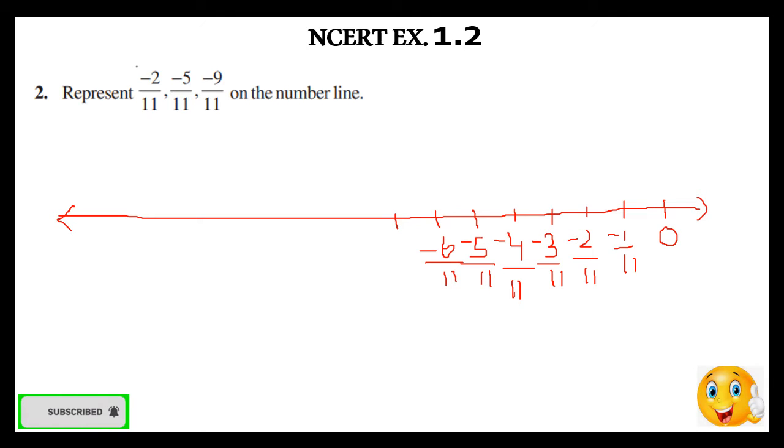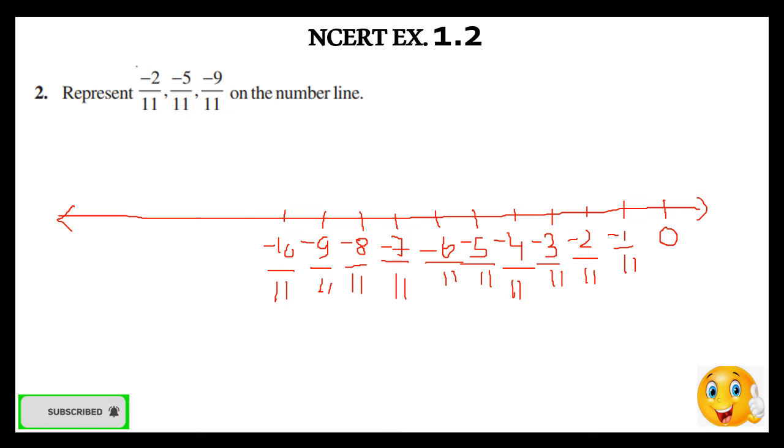Then we have minus 7 by 11, minus 8 by 11. Then we have minus 9 by 11, minus 10 by 11,